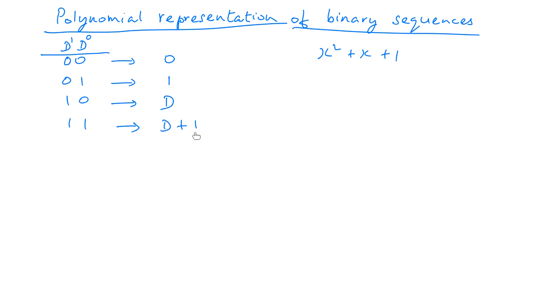So they are called polynomial based codes. Let's do some more examples of representing binary sequences as polynomials, and then we will also see how to create a particular polynomial based code. Okay, so this is for length 2. If we did it for length 3, we have 8 possible